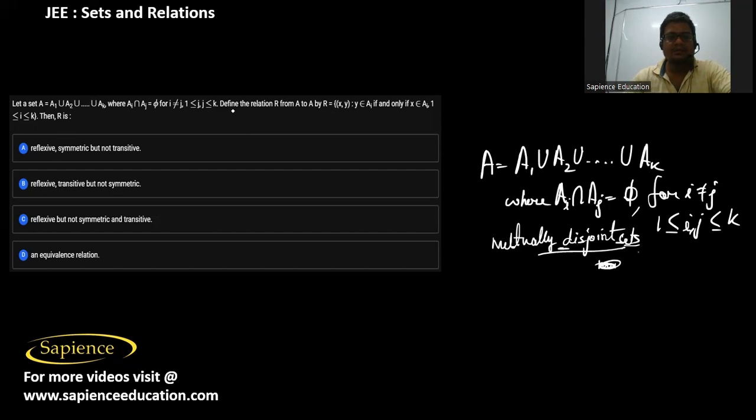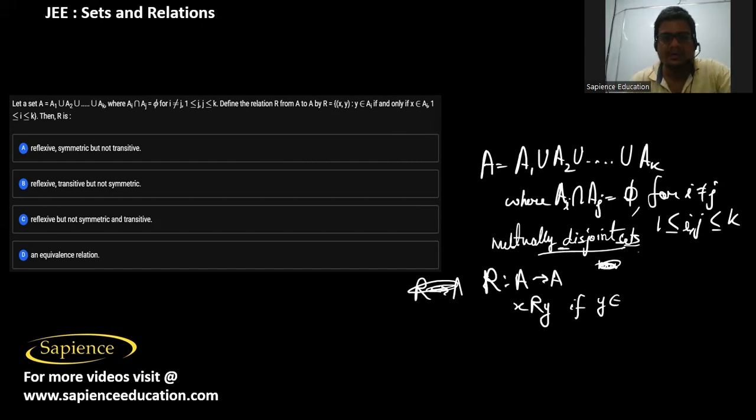Okay. So then define the relation R from A to A. R is a relation from A to A, which is defined as X is related to Y if Y belongs to AI if and only if X belongs to AI, where I goes from 1 to K. Then R is